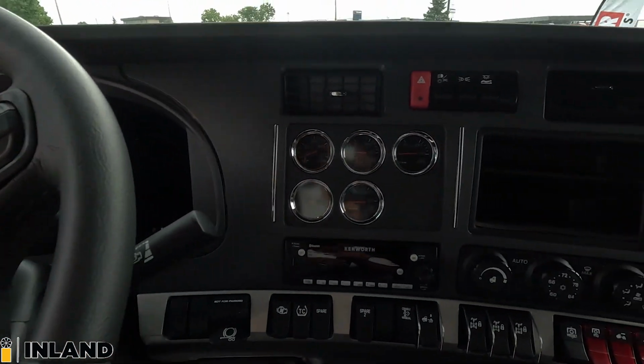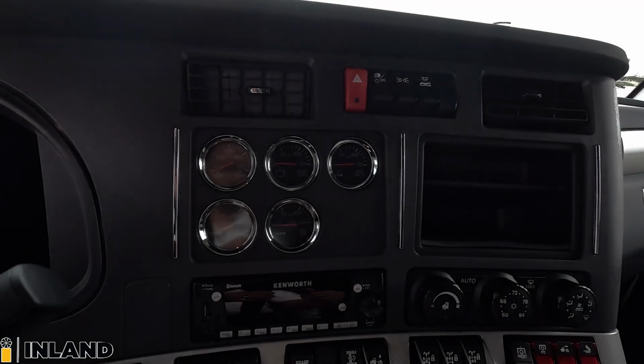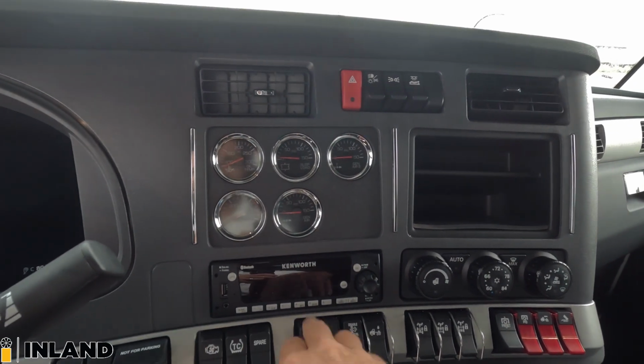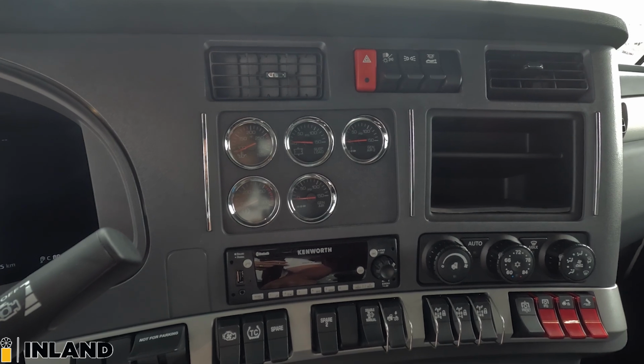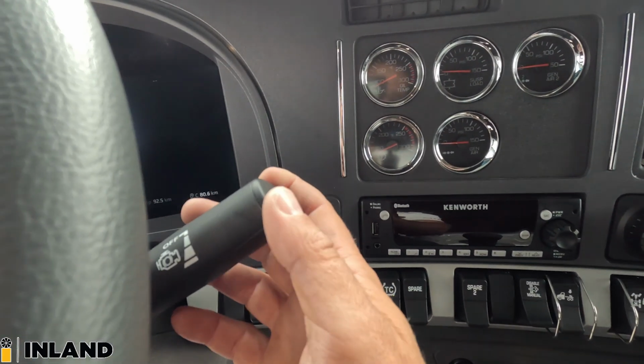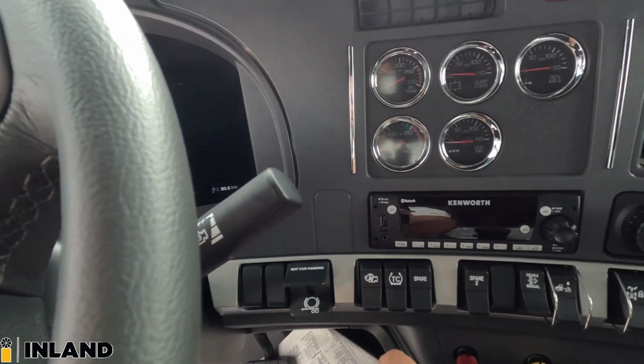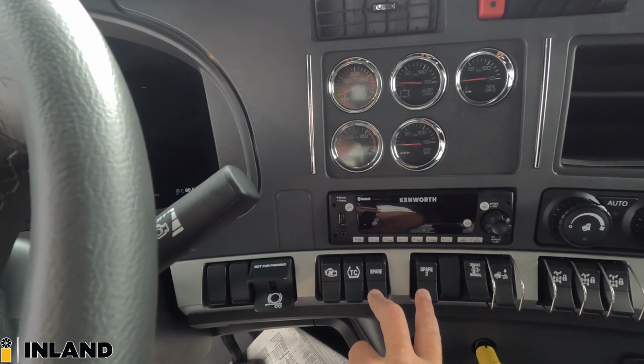So we did a few extra gauges here. So we got the 5 gauges with the storage pocket, as you can see right there. And then here's the Bluetooth radio, USB plug-in auxiliary input as well. Here's the Jake brake controller, so you pull that back, trailer brakes, engine fan, traction control, couple spare switches, and